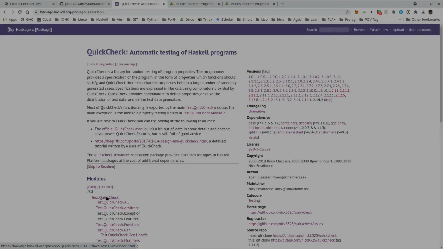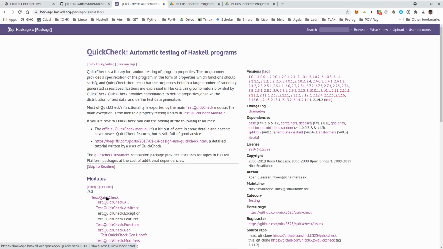The second approach to testing Plutus contracts I want to present today uses a concept called property-based testing. And that is quite a revolutionary approach to testing that is much more powerful than simple unit testing. And it originated from Haskell, and Haskell, due to its pureness and its immutable data structures, is particularly suited to this approach. But it has been copied by almost all other programming languages by now.